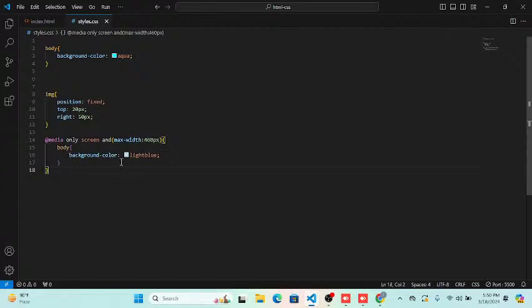Now, this background color is not applicable. What is the reason behind that? I will tell you later on. And if you want to use a media query for phone view, for that you can use 600 pixel, like max width you can use 600 pixel for phone view,